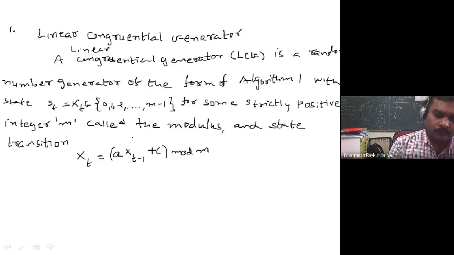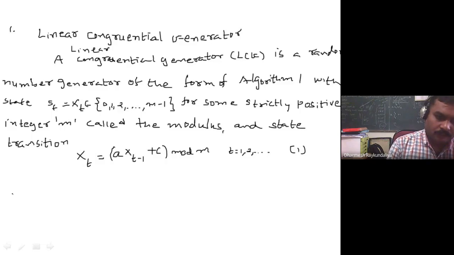So you take the modulo division with m, and whatever the output is, you set that as xt, where t takes values 1 to infinity. Call this equation 1.